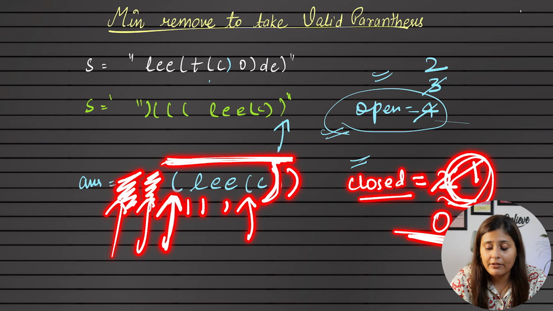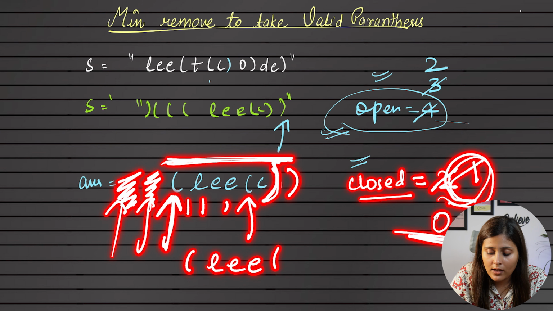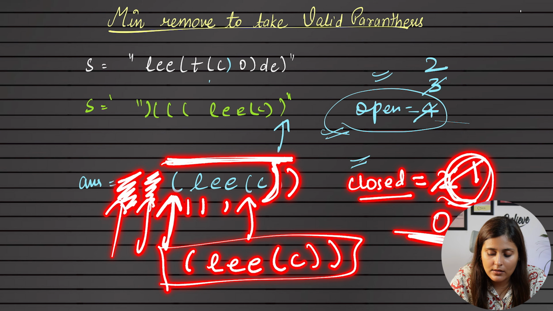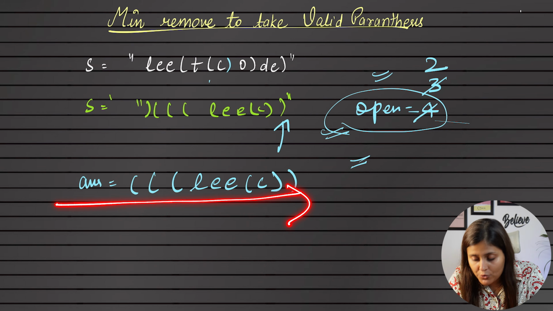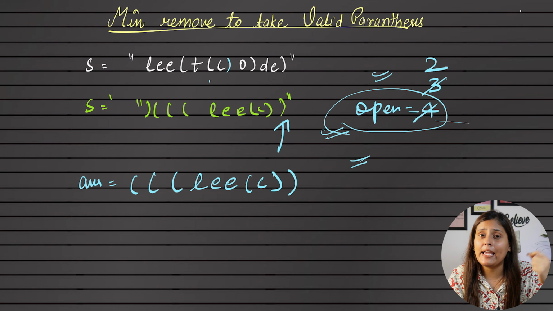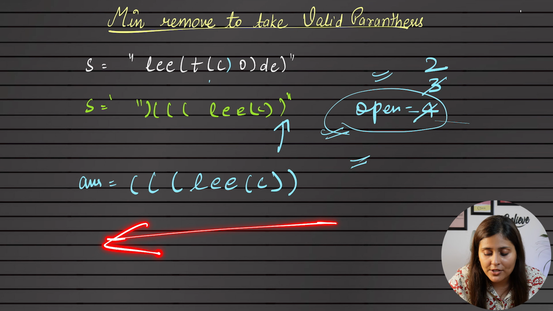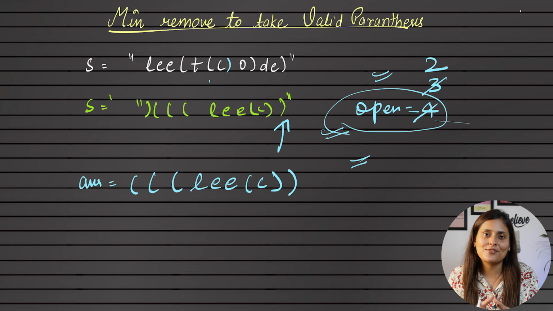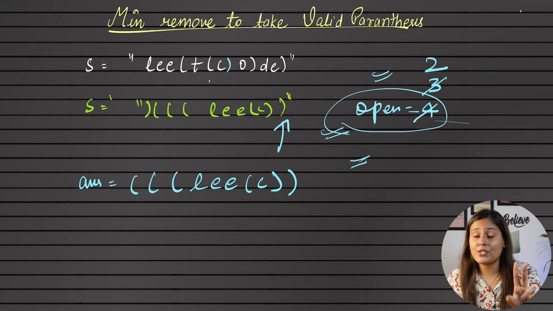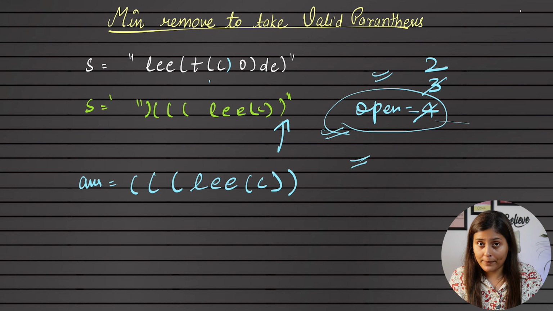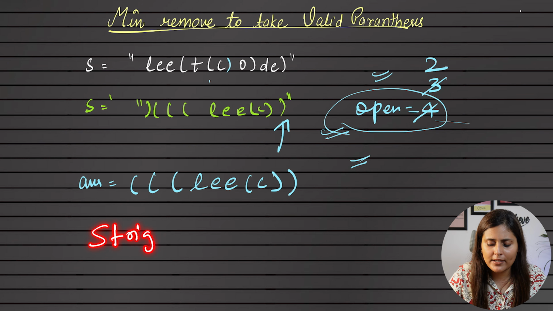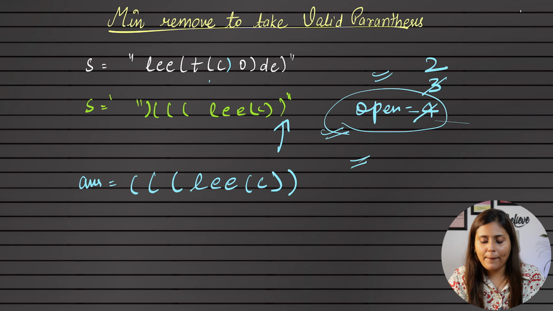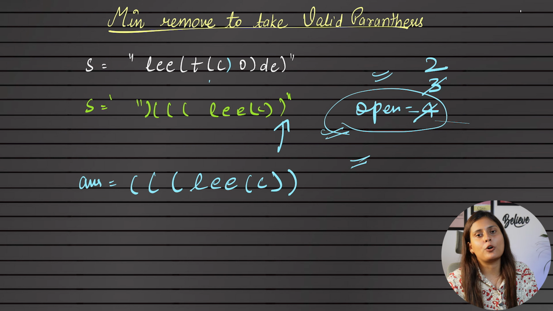So at the end, I will be left with this, and I will return it as the final answer. So basically, I will iterate from left to right to delete unnecessary extra closing brackets and from right to left to delete unnecessary extra open brackets. So in 2 iterations, which is O of 2n, we are done with the approach. And talking about the space complexity, we will only take an extra string builder to save our answer and that's it. Apart from this, no stack, nothing, okay? So here we have reduced the space complexity.